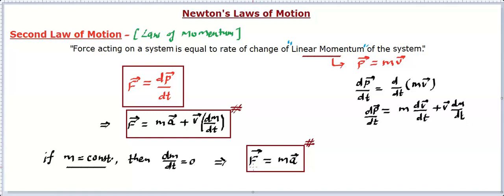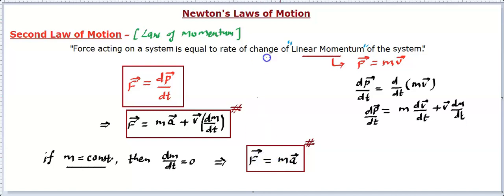So if a system is given to us, you will draw the free body diagram to find the net force first. And m is the net mass or the total mass of the system which is moving with acceleration a. F is the net force acting on that mass that is causing this acceleration. This is how these three quantities are linked together. Now, in order to solve the problem, we simply apply this.